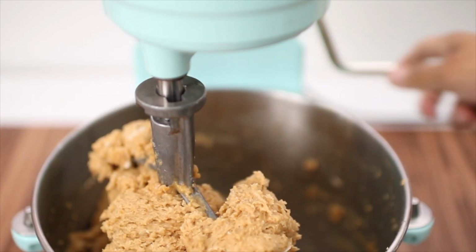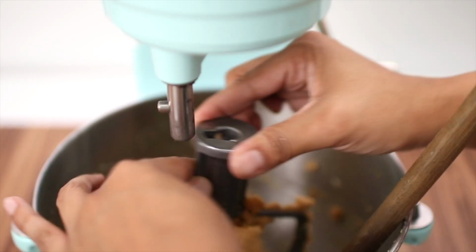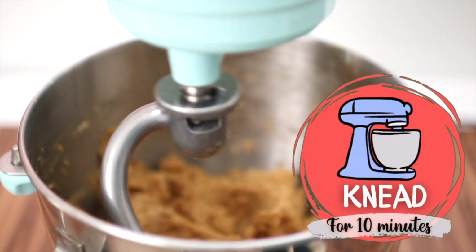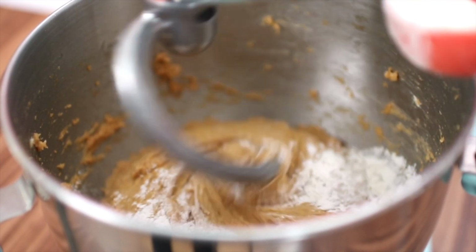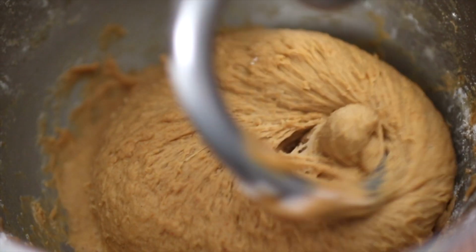Once all ingredients are well mixed, switch to the dough hook attachment and start kneading the dough. You could also knead the dough by hand like any other bread dough. Knead the dough for about 10 minutes. If you notice that the dough is getting too sticky, sprinkle a little flour here and there to ease up the kneading process. The dough will be ready when it forms a smooth ball and stops sticking to the walls